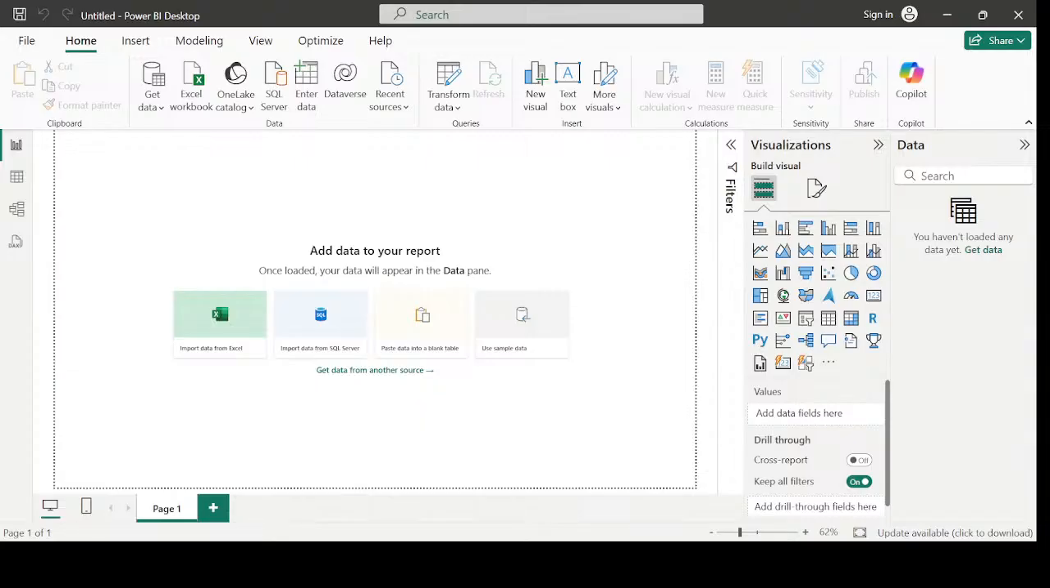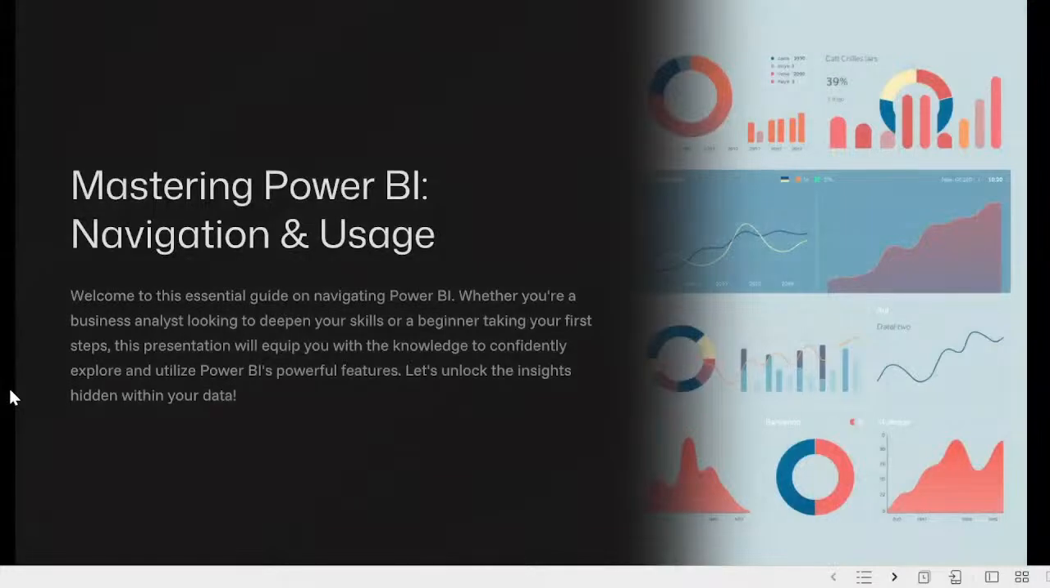So today we are looking at Power BI and how to navigate, especially if you are new to Power BI or you are new to data analysis in general. So, mastering Power BI navigation and usage. This is an essential guide on navigating Power BI. Whether you are a business analyst or you're looking to deepen your skills, or you're a beginner taking your first step,